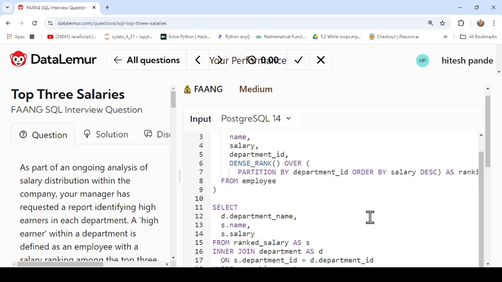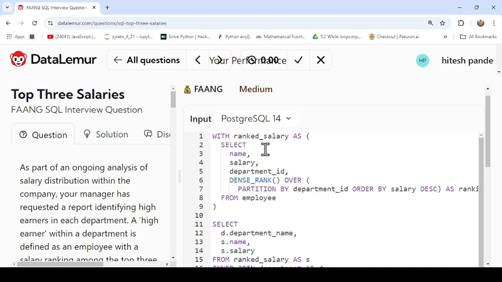Let me explain once again. Basically we have to find the top 3 earners for each department. For that we are creating a common table expression, that is our rank salary. From the rank salary, we select 3 columns, that is name, salary, department name. For that we are using the window function DENSE_RANK, which will select a specific portion of your table